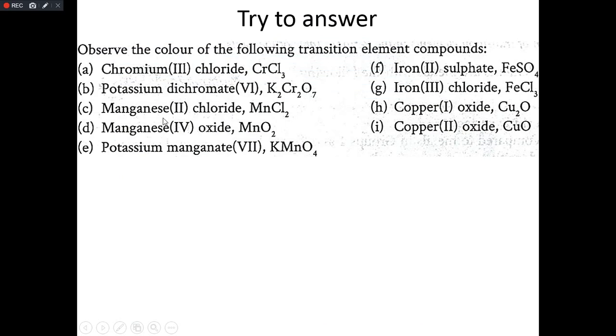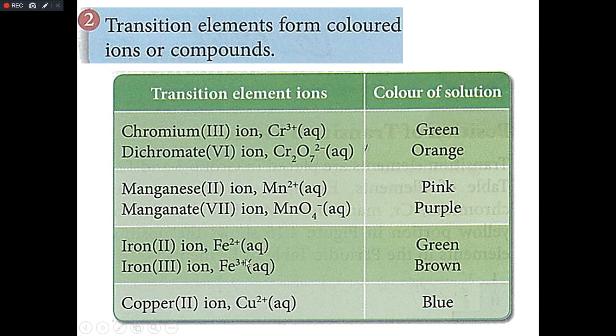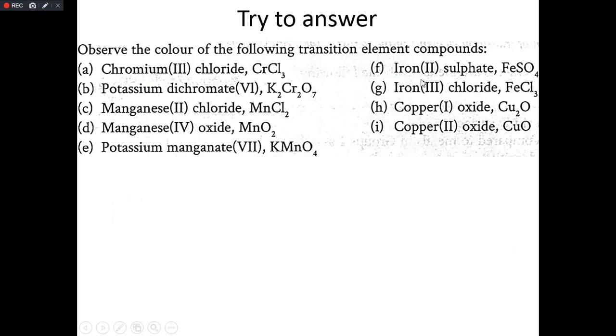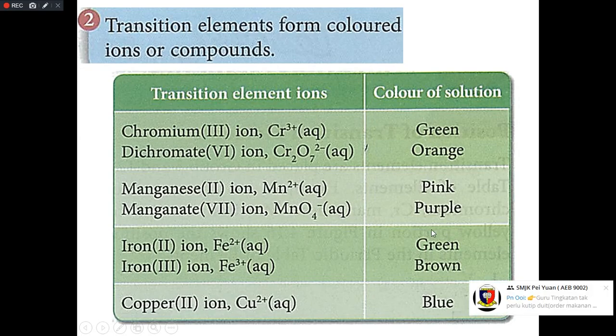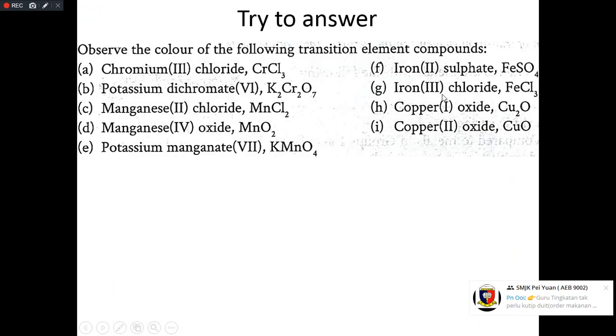And how about manganese 4 oxide? This one, please jot down, is black color. And how about E? Potassium manganate 7 is, yes, here, purple color. And now, iron 2 sulfate, because of the presence of iron 2 ion, is green color. And next, G, iron 3 chloride, because of the iron 3 ion,